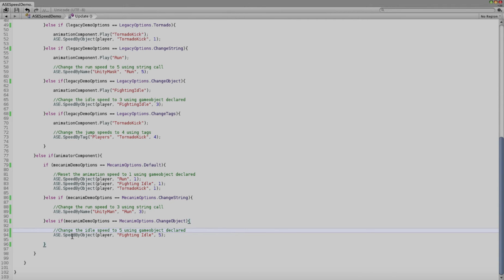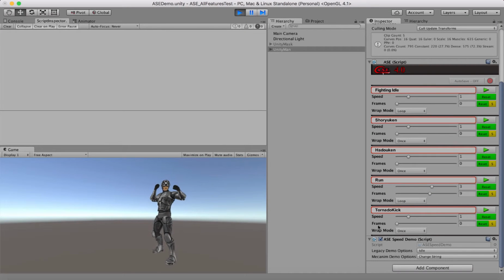And now I want to change my fighting idle animation to speed 5. And this is basically referencing the game object right here. That's another way of doing your animation changes through script. Let's go to change object, and up here you'll notice that our speed increases, and obviously it shows that he's moving faster here. So let's set that back to default, and let's show off the last